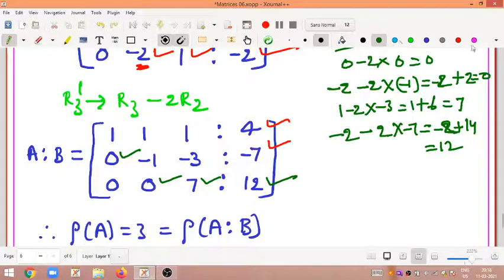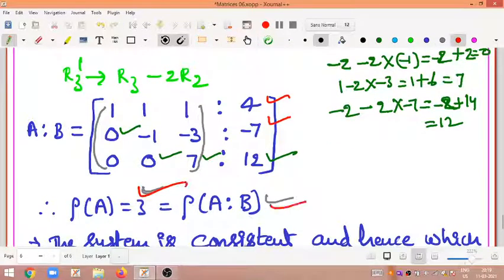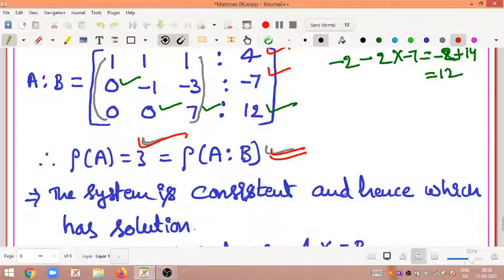So my dear friends, see here, from here to here is the A matrix. So what is the rank of this A matrix? How many non-zero rows are there? 1, 2, 3 non-zero rows. So the rank of A is equal to 3, as well as for the augmented matrix. Here also 3 non-zero rows. So the rank of the augmented matrix is also 3. So the rank of A is equal to the rank of the augmented matrix, which is equal to 3. So that's why the given system is consistent.